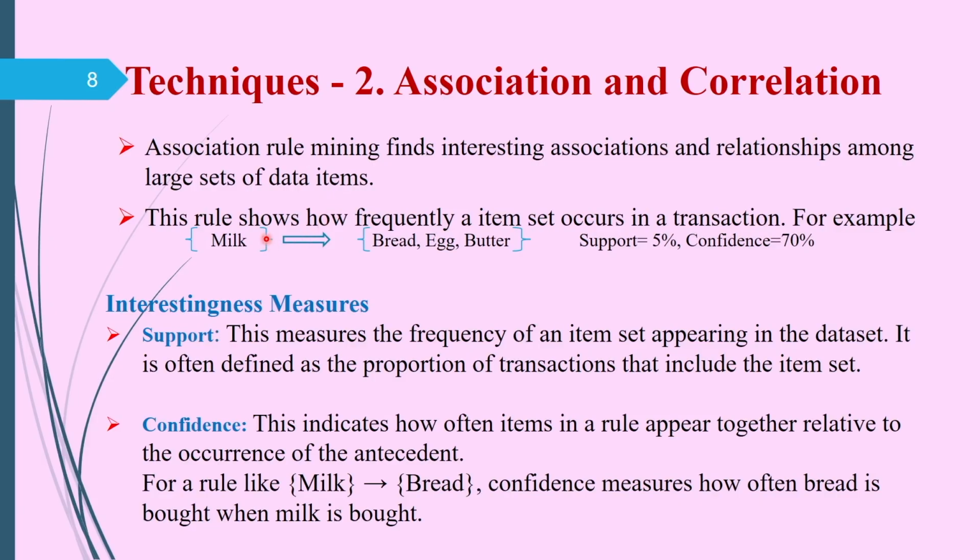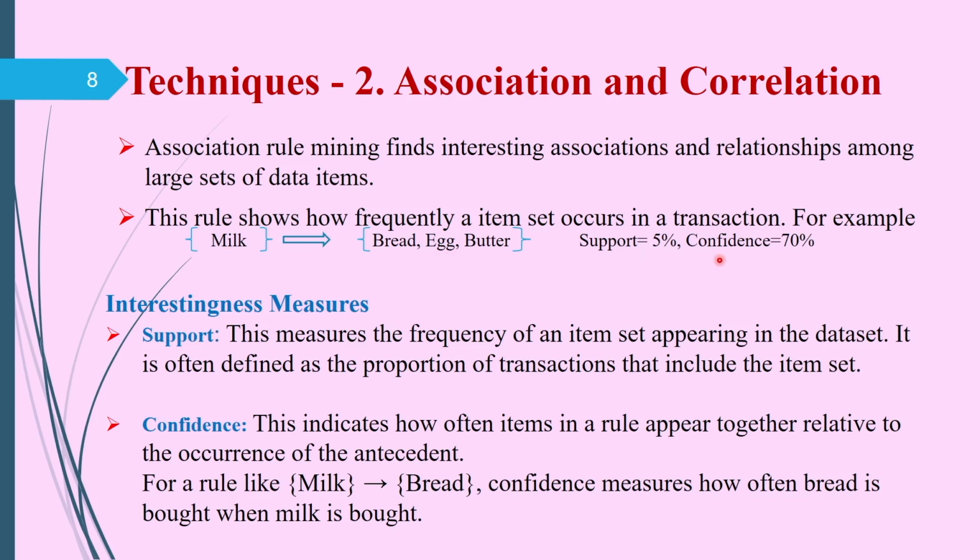Next is association rule mining, one of the data mining techniques. It finds interesting associations or relationships among these item data sets. For example, when we identify a combination of frequent item sets in the market basket, those who buy milk, bread, egg, and butter buy them together in each transaction. Here the rule specifies that when a person buys milk, bread and egg are also available in this basket,